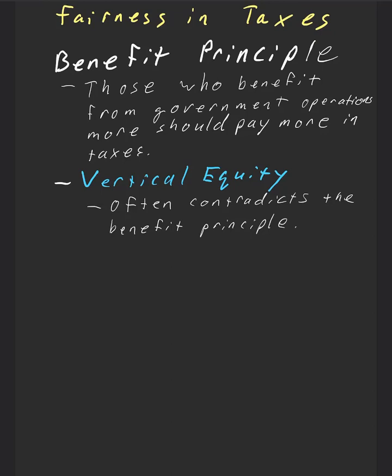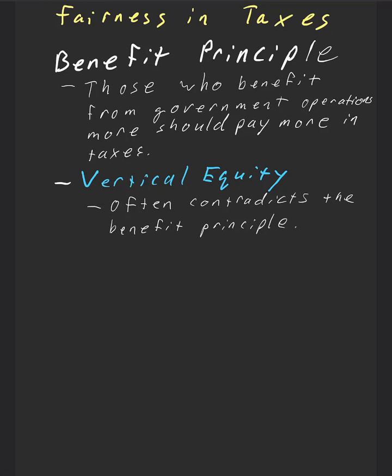This is pretty straightforward. We'd apply this as an idea of fairness reflexively in anything that isn't government taxation, right? If you and I are deciding we're going to go together and buy a lawnmower. We're neighbors, right? And we're going to share a lawnmower. And you think I'll use it twice as much as you, you're not going to agree to pay 50-50 most likely, right? You say the benefit principle. This idea of fairness should be that people who use it and benefit more from it should be the ones that should pay more for it.